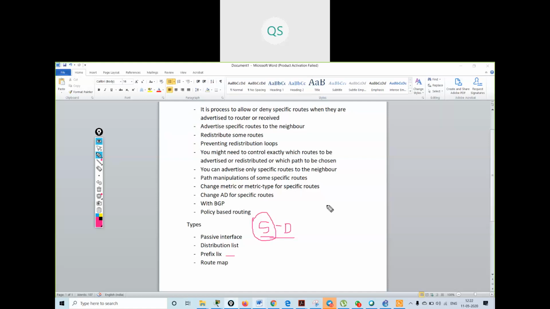But in prefix list, you can use wildcard bits. It works the same as a standard access list, looking at the source, but with wildcard bits. Over here in access list, it does not look for wildcard bits. It just blocks everything.